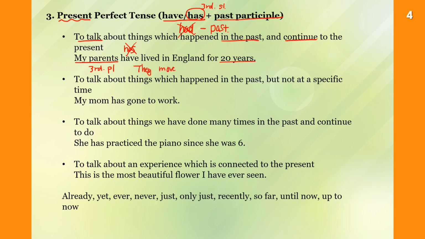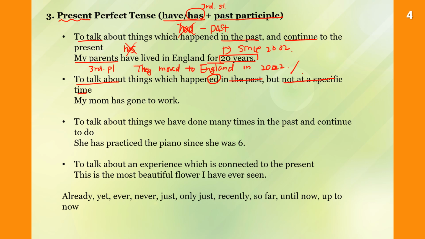moved to England in 2002, and then they still live in England. So they have lived in England for 20 years. So this way you can say for 20 years or since 2002. And you use present perfect tense to talk about things which happened in the past, but not a specific